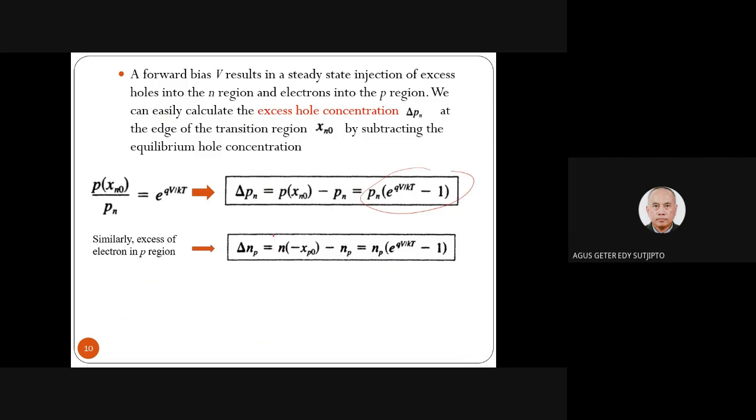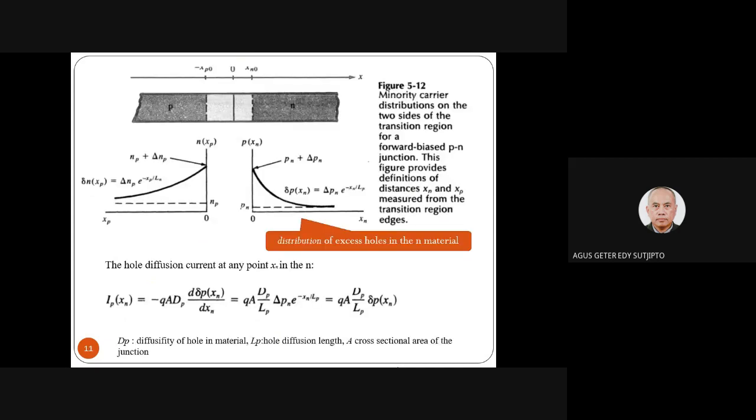Similarly, we can have the excess of electrons in the P region, which is N at minus xp0 minus Np, the concentration of electrons in the P region at the PN junction region. And then we can get this equation for the excess of electrons in the P region. Okay, so if we see the